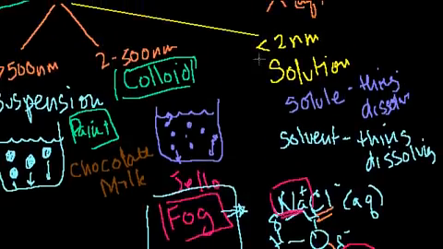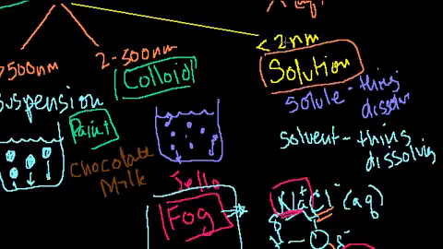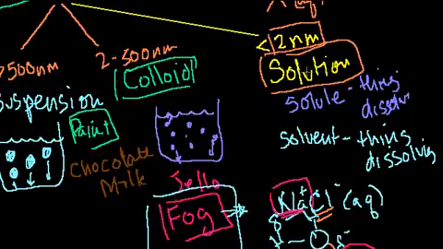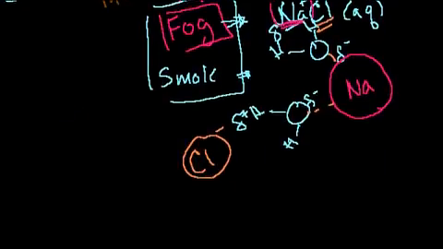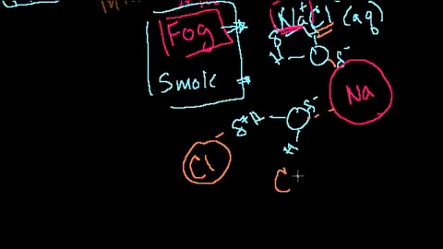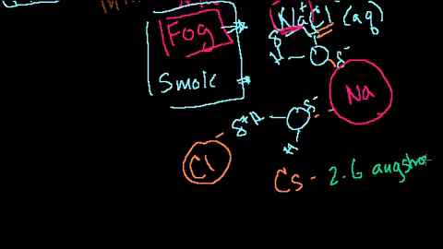So this is probably the single most important thing to realize. And just so you get a sense of what 2 nanometers is, this is still pretty big. It allows for molecules that have actually a good number of atoms. If you think of even a fairly large atom, cesium, which is one of the largest, at least one of the largest that you might encounter, there are larger, is on the order of 2.6 angstroms. An angstrom is 1/10 of a nanometer, so that's 0.026